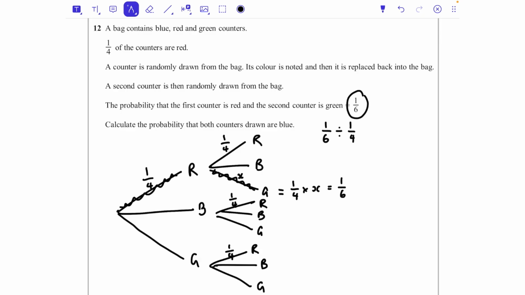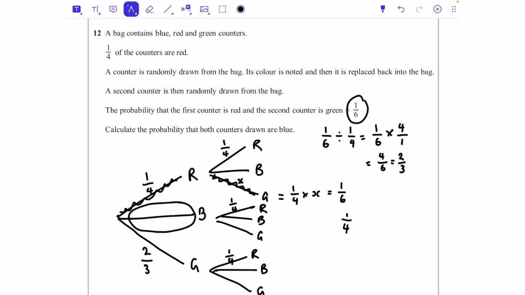Now when we divide fractions, we keep the first fraction the same, change the divide to a times, and do the reciprocal, flip that second fraction, which is going to be 4 over 6, which is 2/3. So we now know that the probability of green is 2/3. The question asks us to work out the probability that both counters drawn are blue, so I actually need this probability. Now we know the probability adds up to 1, so I'm going to do a quarter, add 2/3,